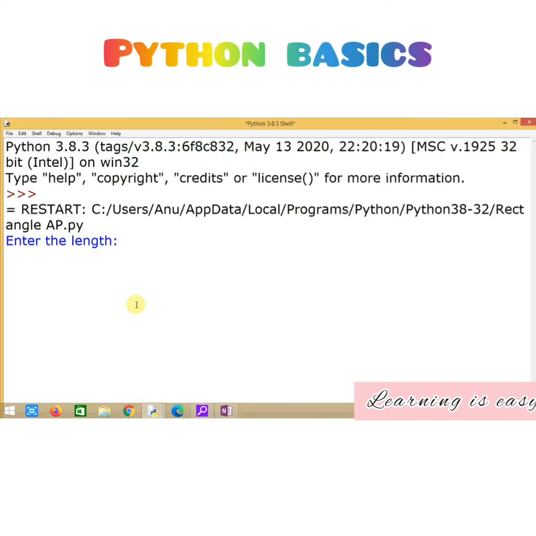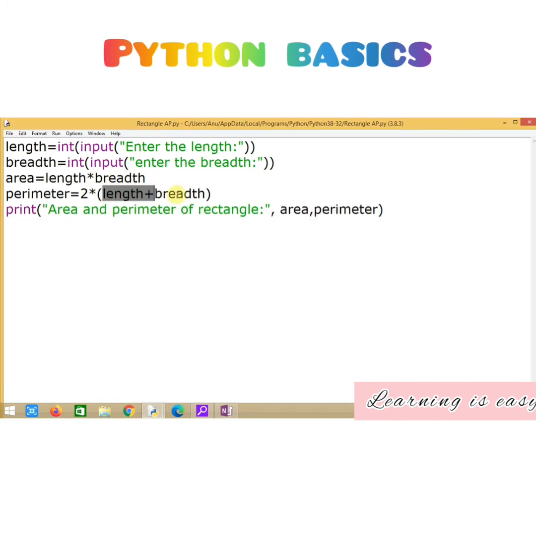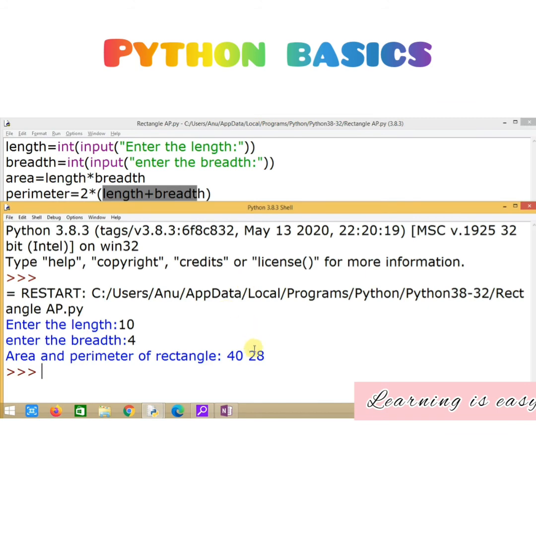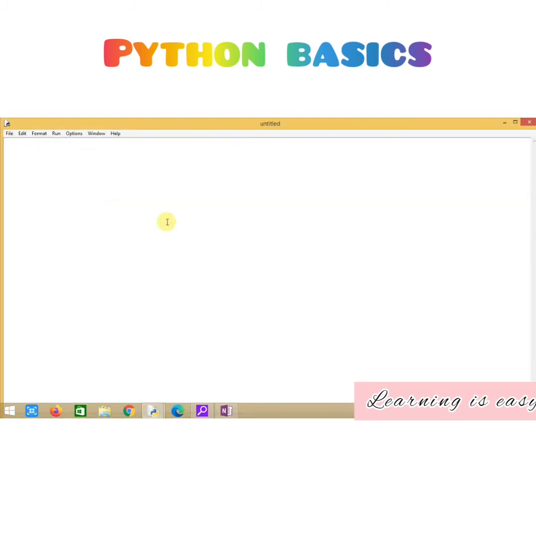Now if I give the length as 10 and breadth as 4, you get 40 and 28 as area and perimeter. 10 4s are 40 and 10 plus 4, 14 into 2, 28. That's the perimeter. We'll see some more new examples. Next we will see